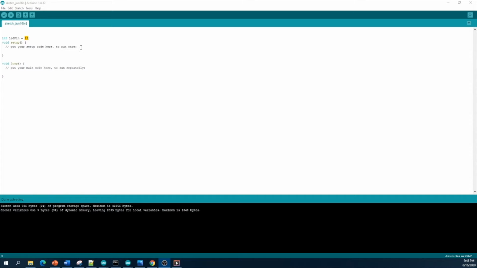Then we need to define a pin mode for our pin 13, the LED pin. If we are trying to read something using this pin, we need to define this pin as an input pin.